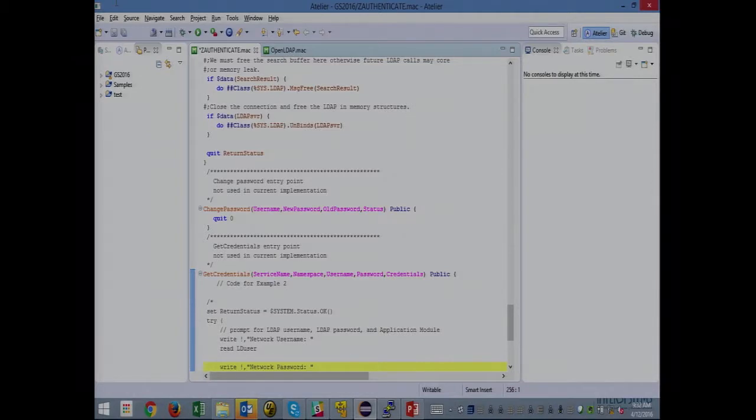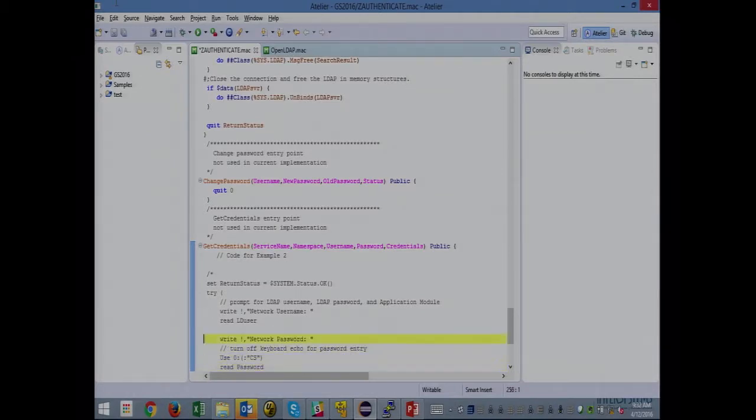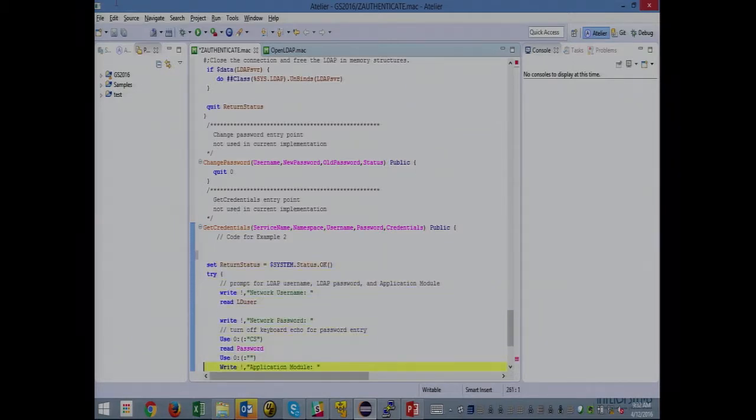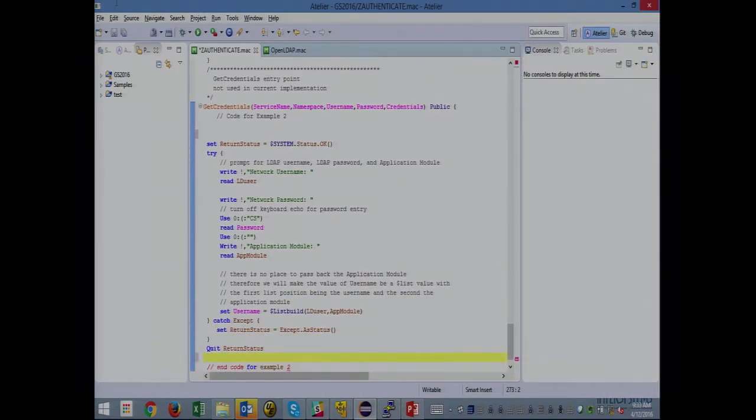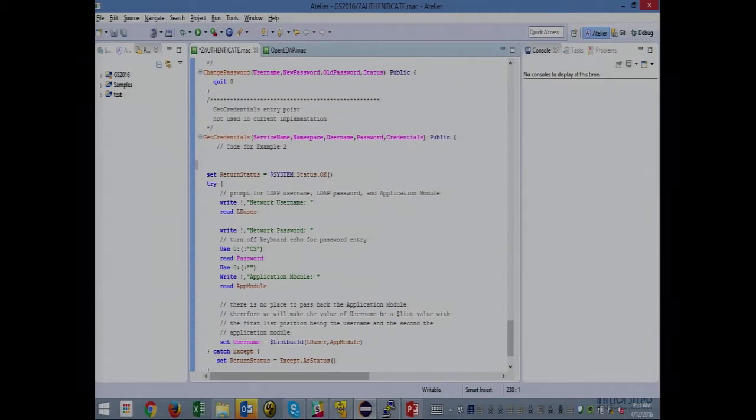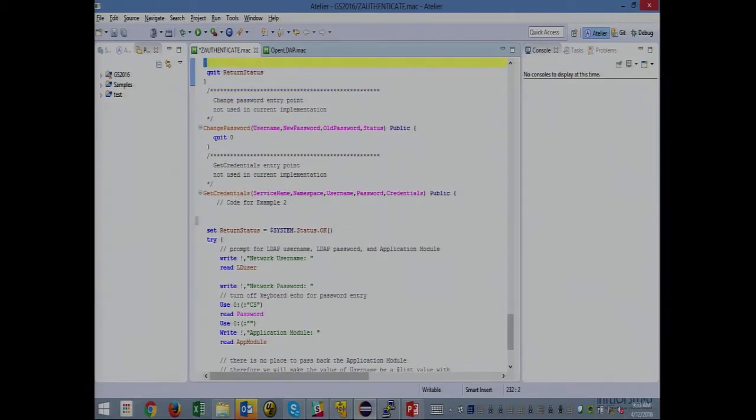In this case, we're going to provide a prompting, because it's only in Telnet, so I can do this all with simple code. Now I'm going to add a prompt for the application module to the whole process. So if I come up here, okay, this is